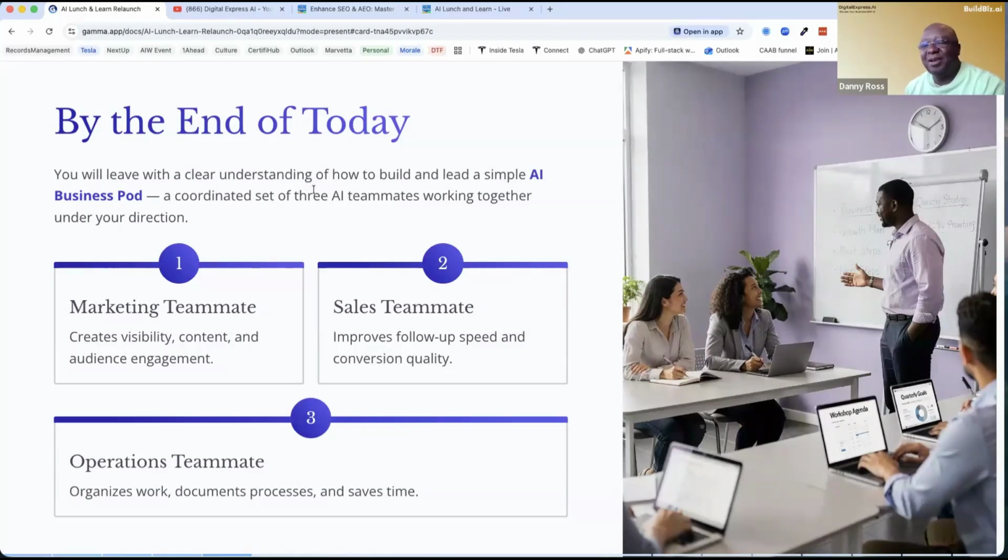So the concept that we're talking about today is we're going to build an AI business pod, right? We, as the leaders of the team, are going to hire some agents to do specific things. I'm building this slowly because week after week, I want you to be able to understand the concepts and things that we go towards each week.